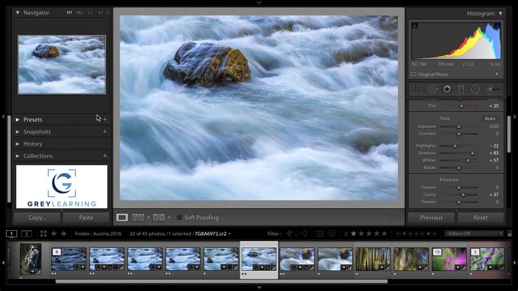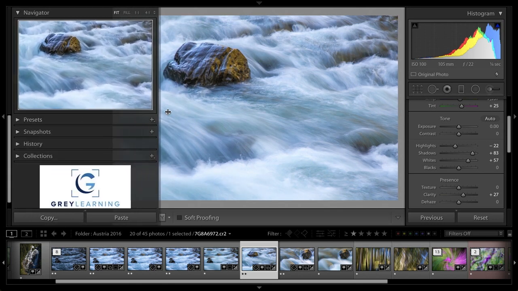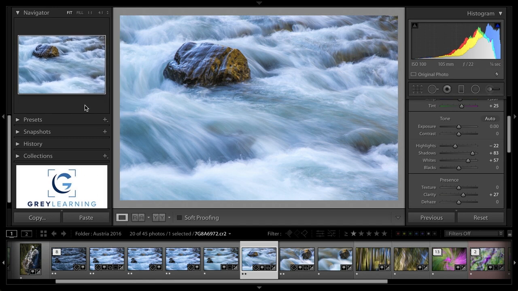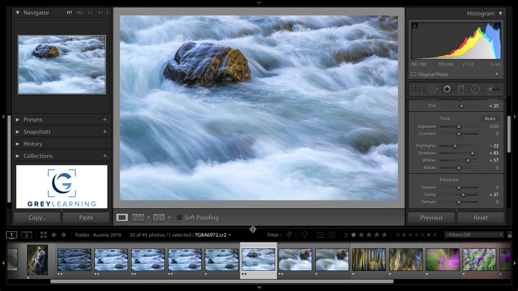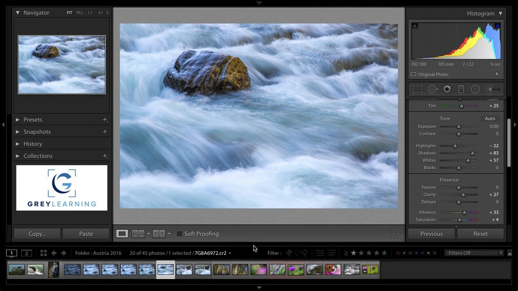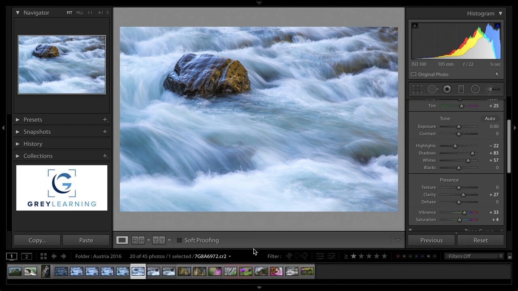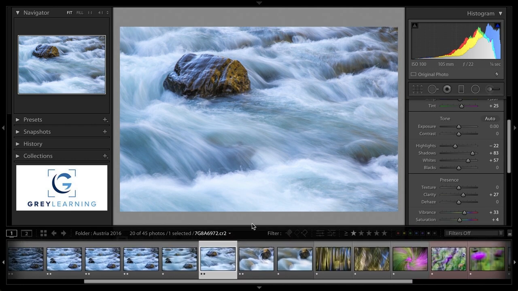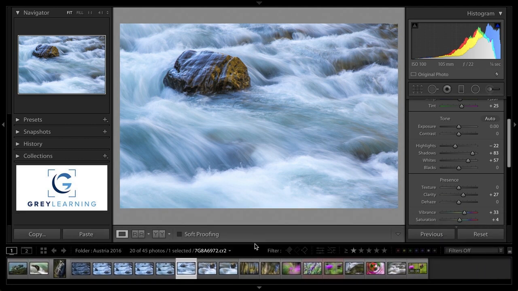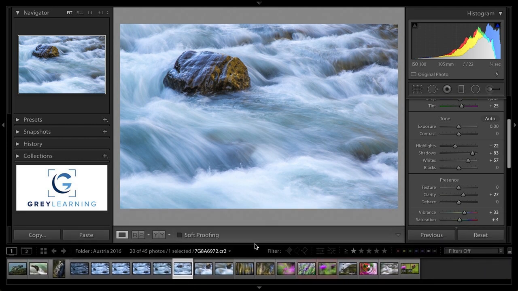So I'm just going to bring out my left panel here and show you that I can make it bigger or smaller. You can only make it so small. It still needs to be big enough to fit everything that you've got on there, the various adjustment controls, etc. But there are situations where you might want to make it smaller, maybe I want those film strip thumbnails to be smaller, so I drag the size of the film strip downward to get smaller thumbnails, or drag it upward to get larger thumbnails,